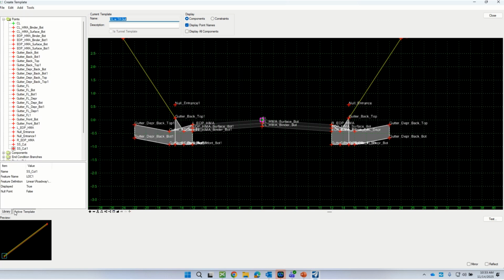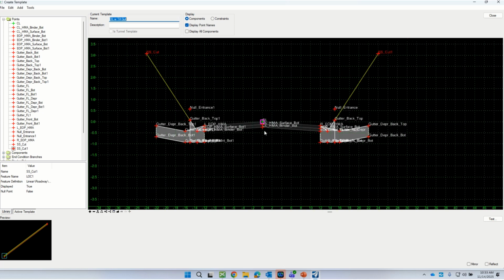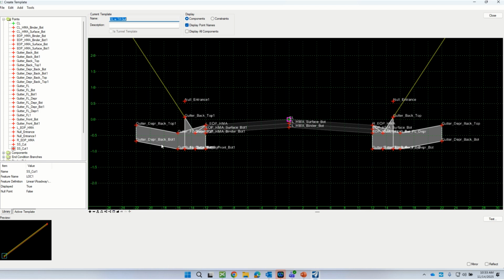And if I go over to active template, then it's going to display everything that's part of this component. And that is, well, there's the two components, and that would be as we hit the entrances, as you know, the gutter expands out to be wider,